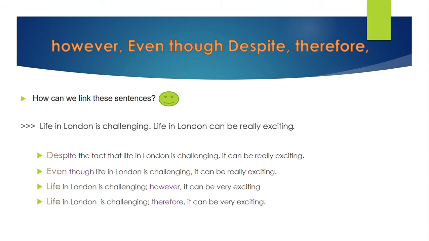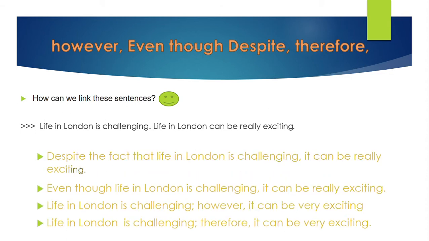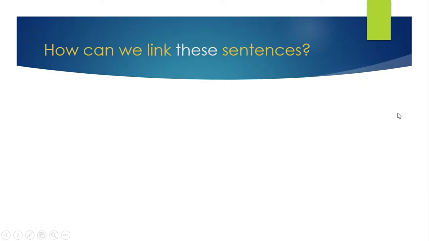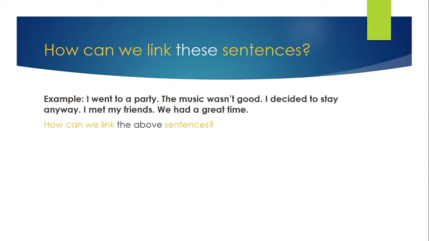Now see, despite the fact that life in London is challenging, it can be really exciting. Now, how can you link these sentences? Example, we went to a party. The music was not good. I decided to stay anyway. I met my friends. We had a great time. How can you link the above sentences with connectors? See,